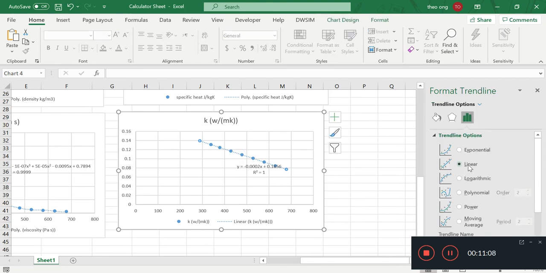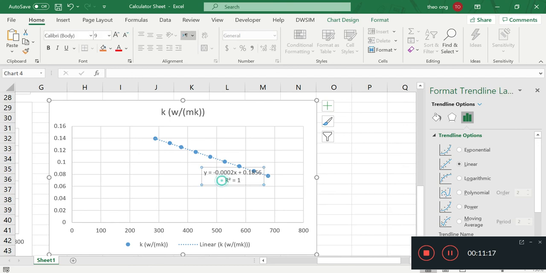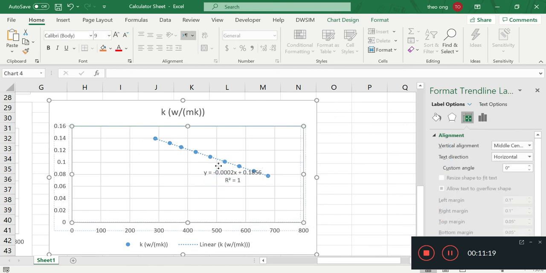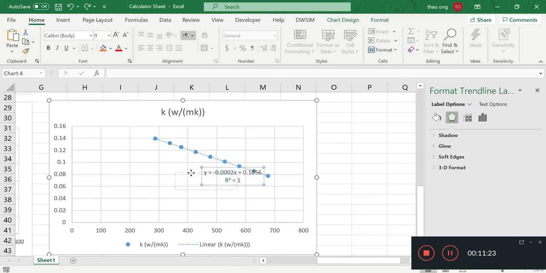So let me do linear. Yeah, I think linear will do it. You can do linear. This is pretty linear as it goes, so I don't want to overcomplicate things unnecessarily. So again, two coefficients here,